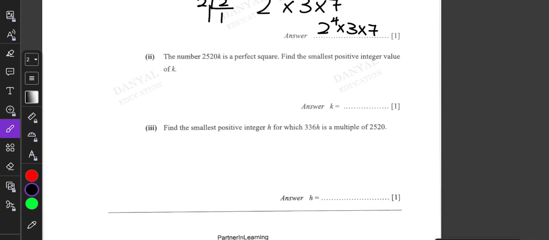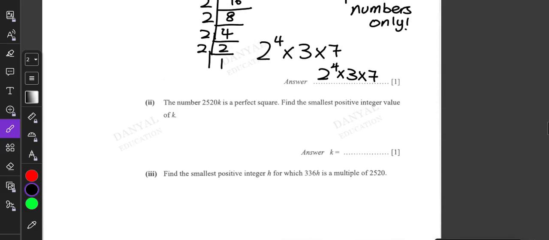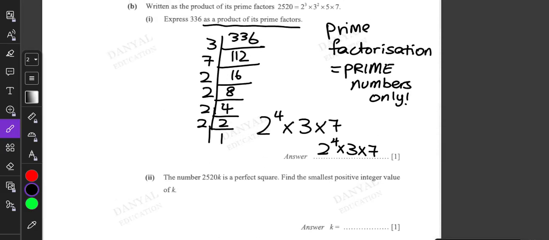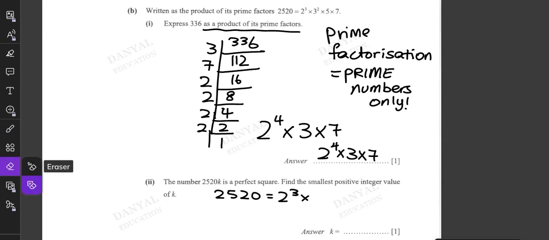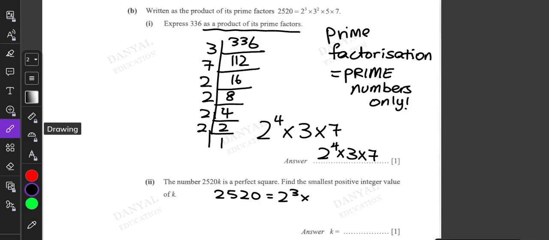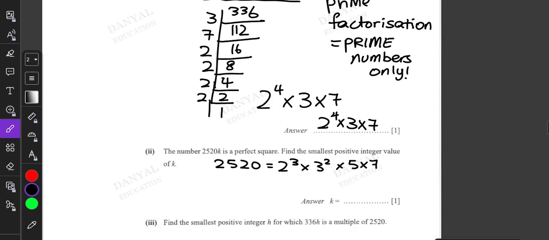Okay, the number 2520k is a perfect square. Find the smallest positive integer value of k. So, you need to now put them side by side or on top of each other like this. Okay, so you want to find 2520k and you are given that you can square root, right? So k will be,